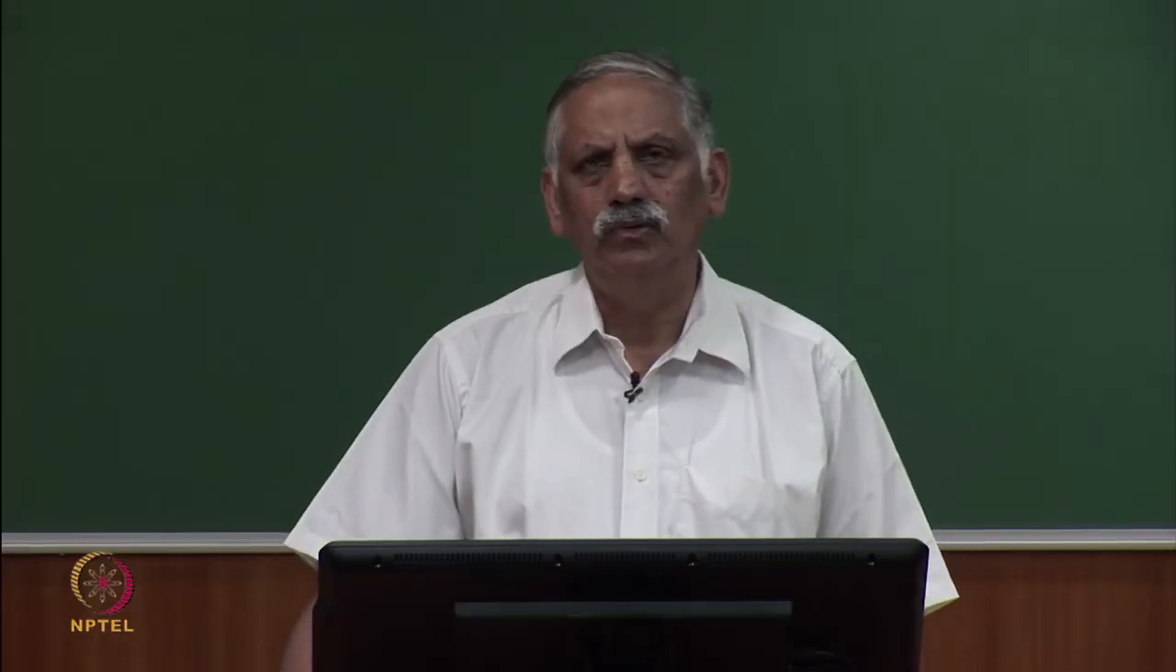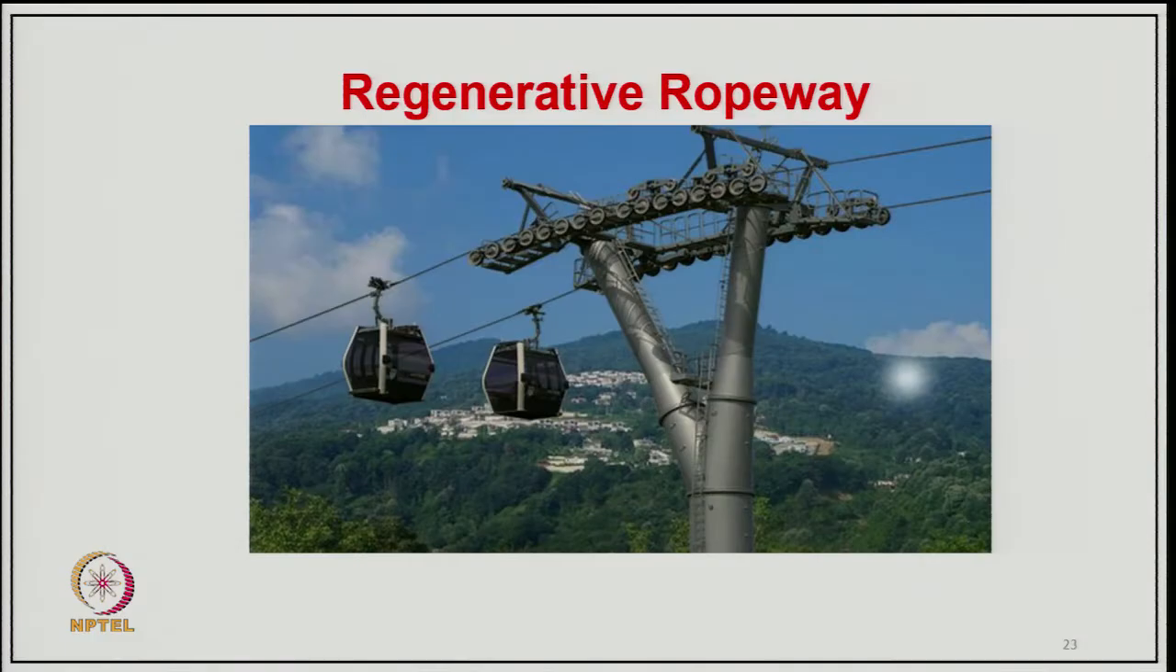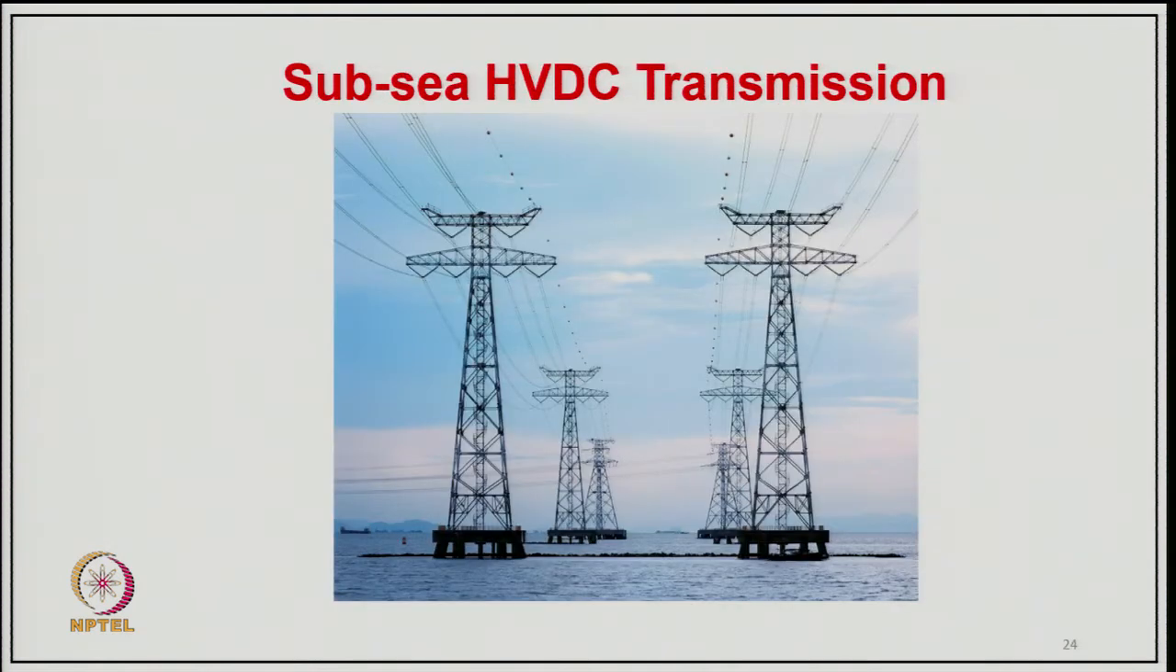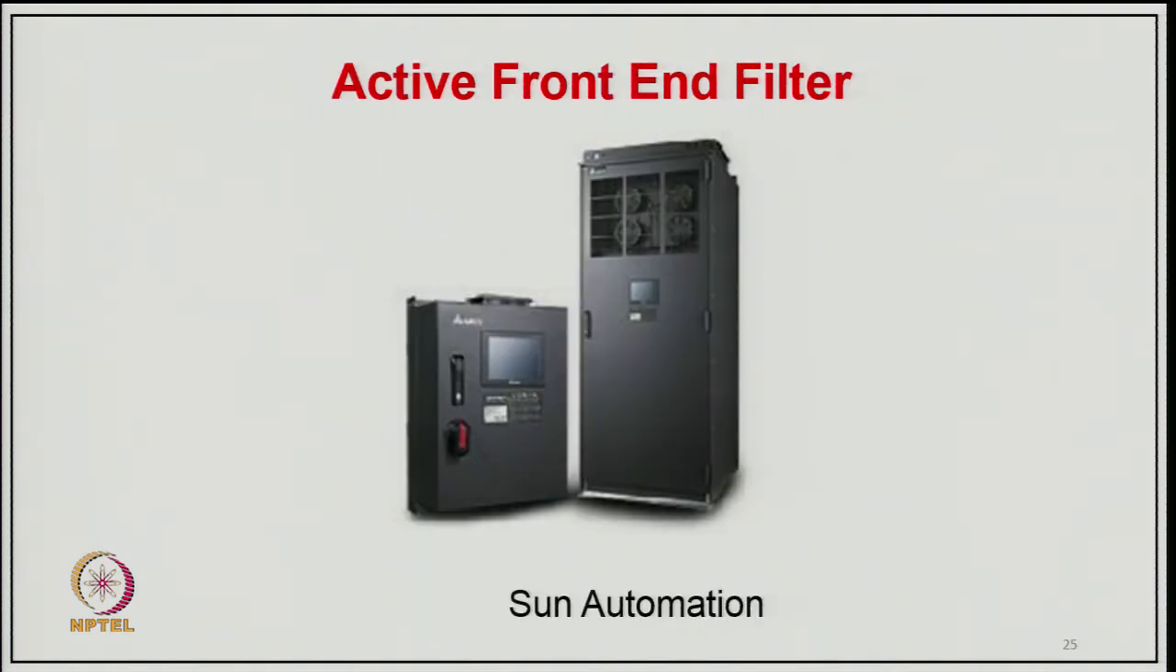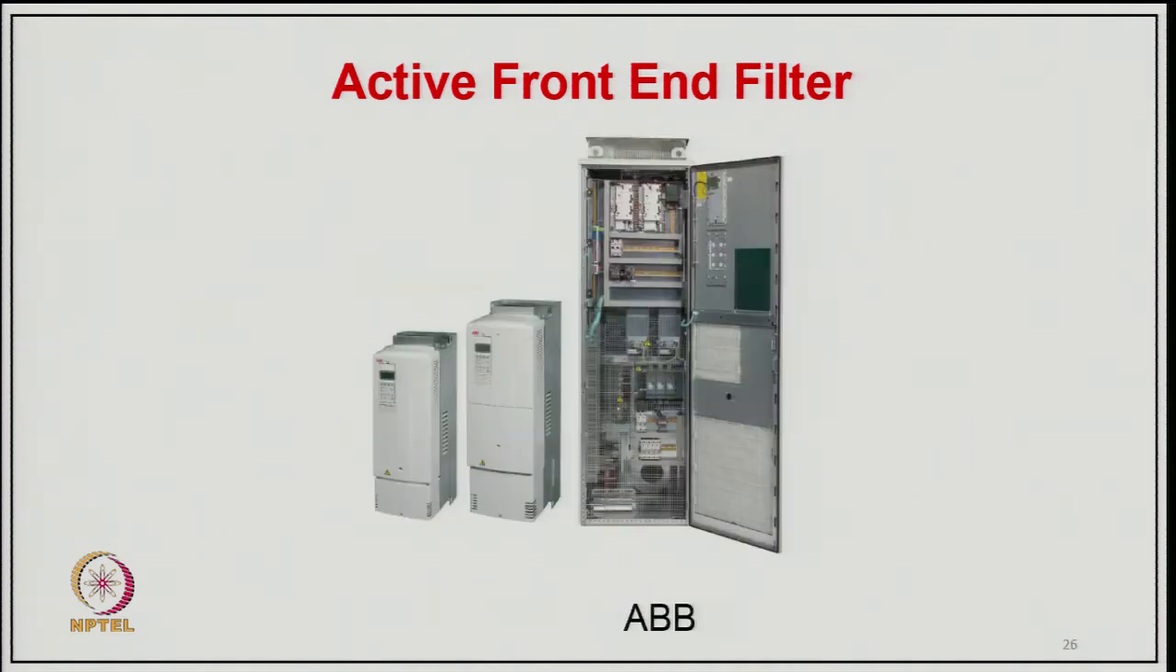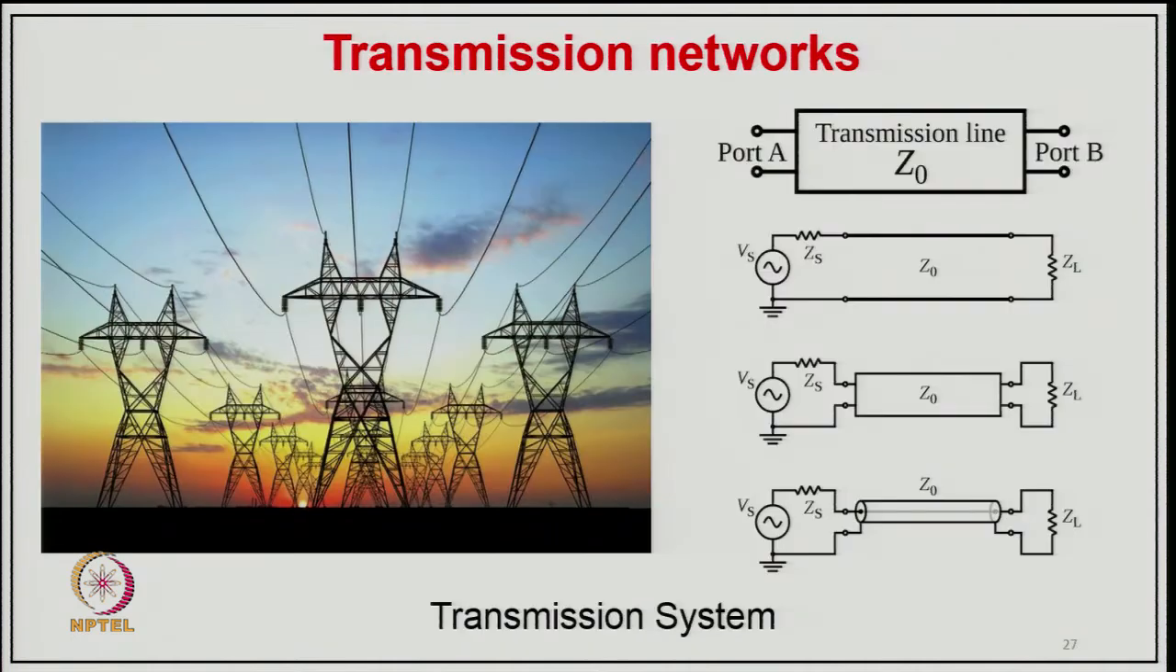Now, these are examples of single port. Now, we have examples of two port devices in practice. A typical example is a regenerative ropeway with the concept of two port, where power can flow, or subsea HVDC transmission, where power flow can also be in both directions. Or an active front end filter, for example by ABB, or a transmission network, especially a transmission line, as a kind of two port